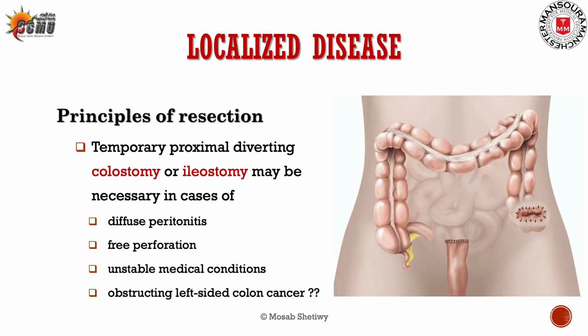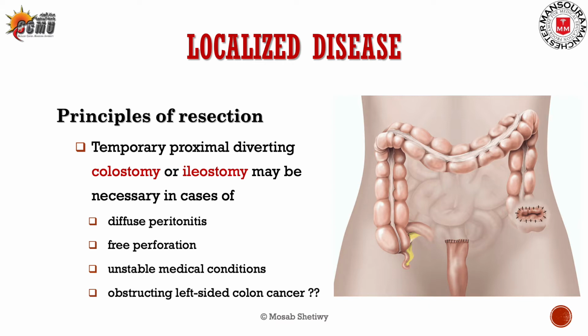Sometimes a temporary proximal diverting colostomy or even ileostomy may be necessary, like in the photo, a patient who had rectosigmoid carcinoma, underwent rectosigmoidectomy or sigmoidectomy with a proximal diverting left colostomy. So here there is no primary anastomosis done